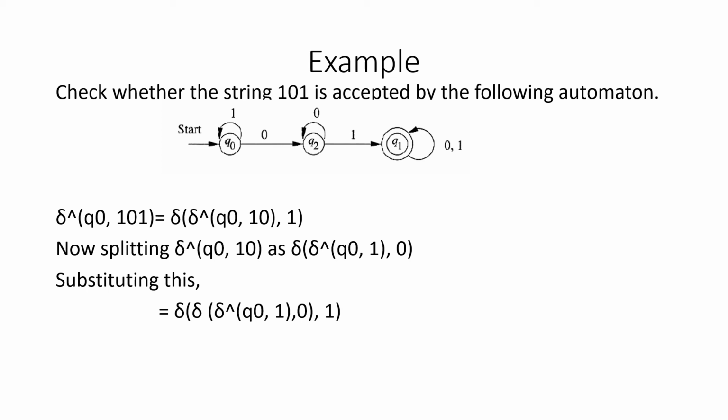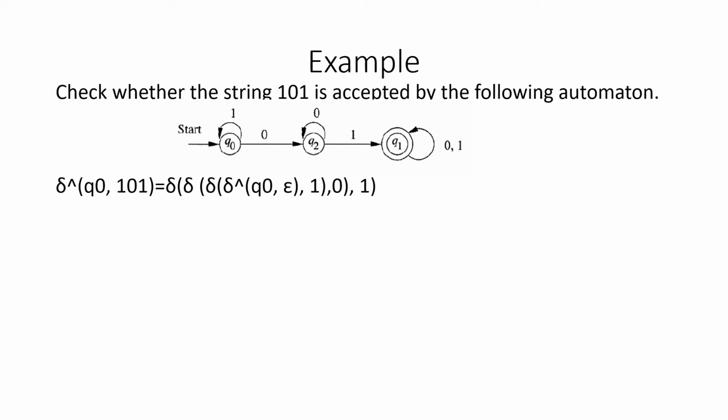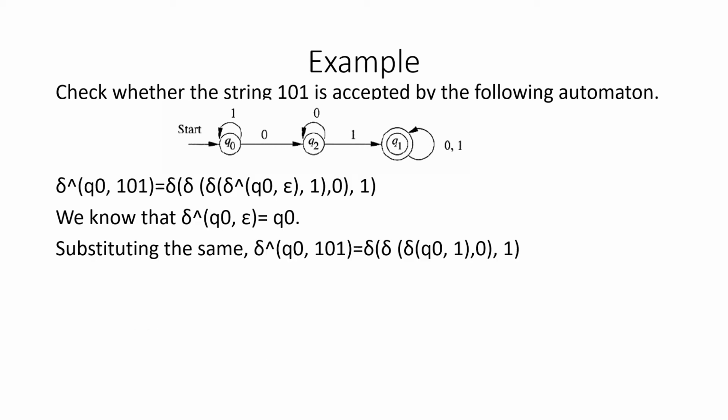Now again what we have seen in the definition, until I get the basis part, I have to keep on repeating the process. Yes, now I have to expand this q naught comma 1. So q naught comma 1. So when I take even 1 out, no symbol will be here, hence that is represented by epsilon. So now we know from basis that from a state, if I don't scan any input symbol, then I remain in the same state. So accordingly, we'll process it.